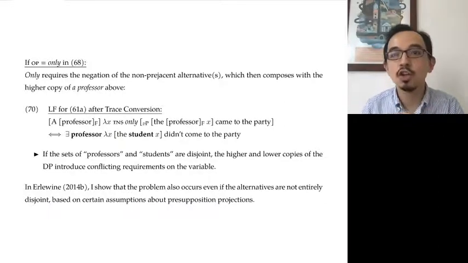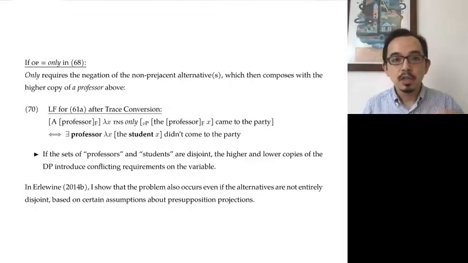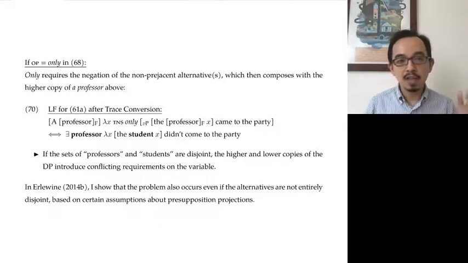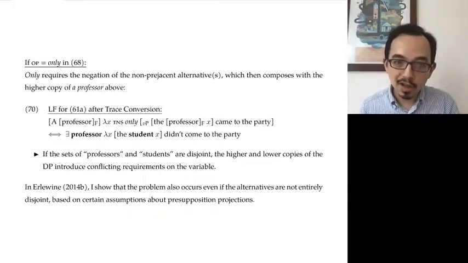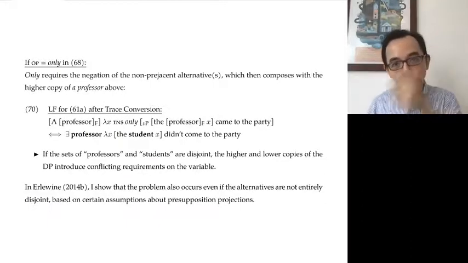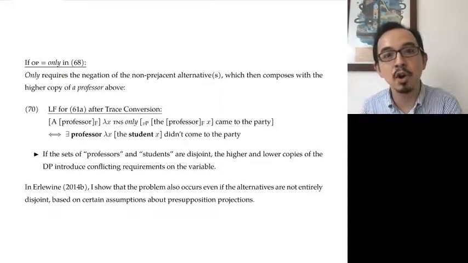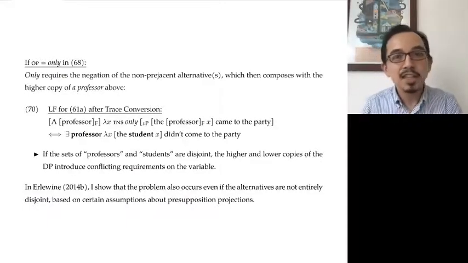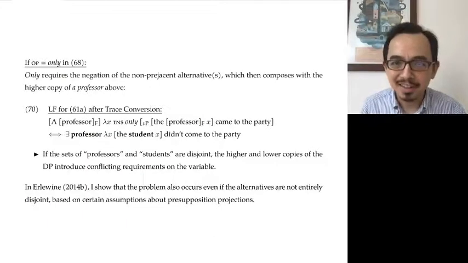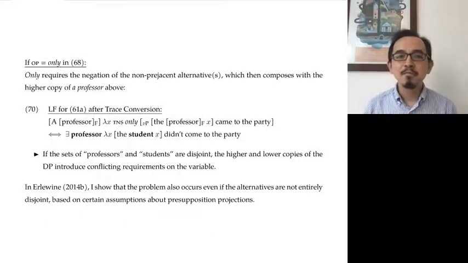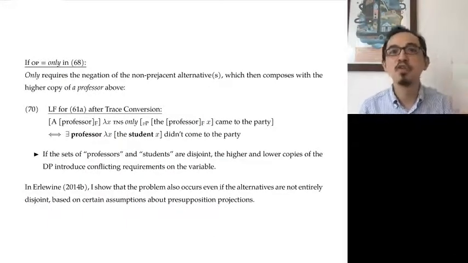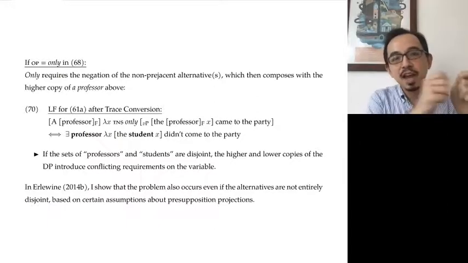Its truth conditions don't make reference to the prejacent. So we unpack that, and that tells us that there is a professor X such that the student X didn't come to the party. And this is a very strange meaning. This is a very strange meaning because we have quantification over professors that will then bind this bound variable definite